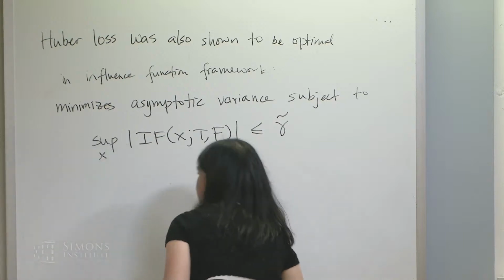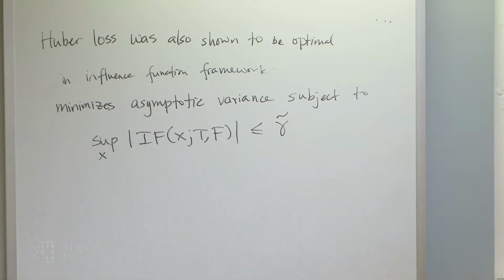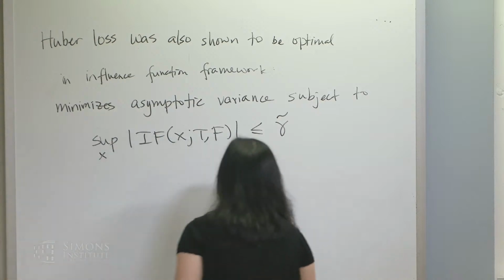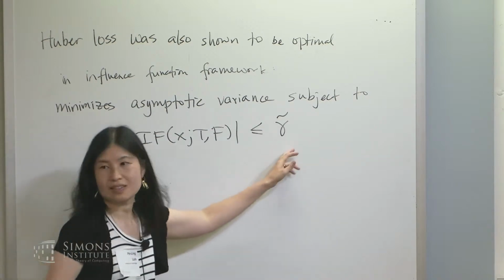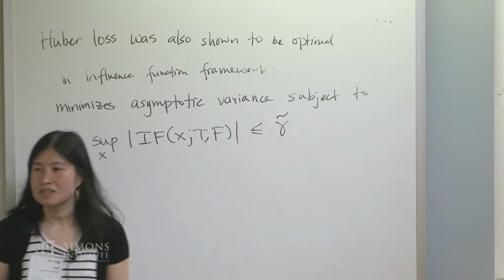Okay, so now maybe to bridge from the classical robustness to some more modern things. I'm going to attempt to draw connections to a few things without seeming all over the place. Yeah. What happened to the parameter of the Huber loss then? The Huber loss parameter is going to be connected to what the upper bound is on this gross error sensitivity.